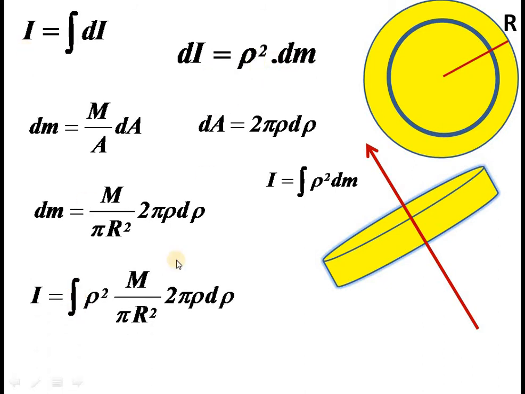Now you can find the total moment of inertia. So I will be equal to the integral of rho square into M by pi R square into 2 pi rho d rho. This is what is called parameterization. We parameterize the values, then integration is very easy. You can very easily integrate with respect to rho. We took the constants M and R outside, pi cancelled, and the remaining term inside the integral is rho cubed d rho. It is simply nothing but the integral of x cubed dx, and we are integrating from 0 to capital R.